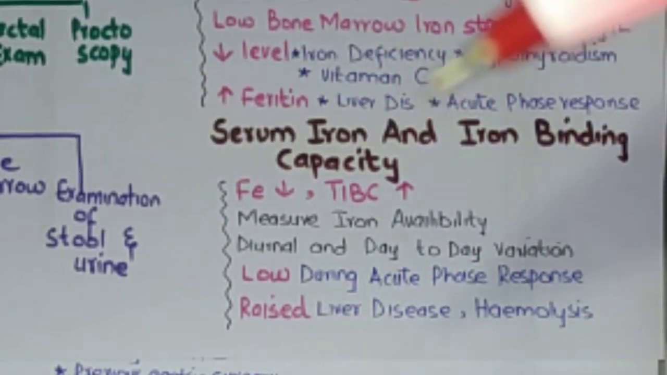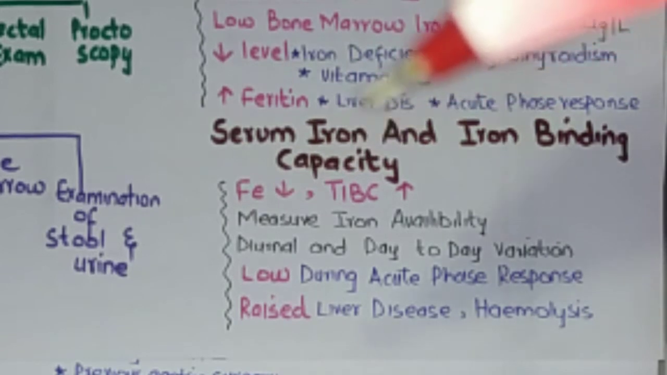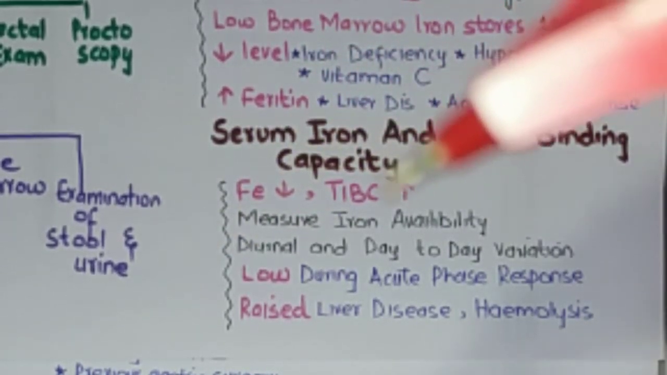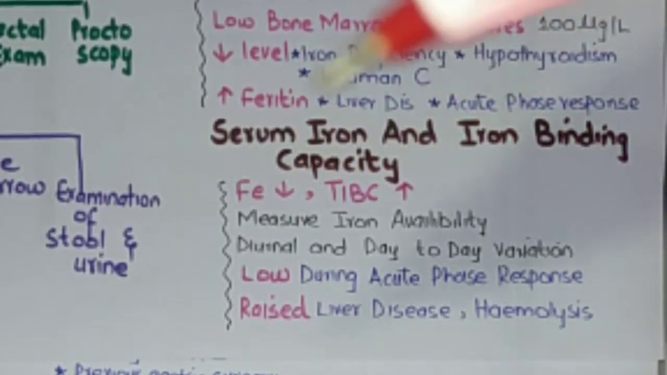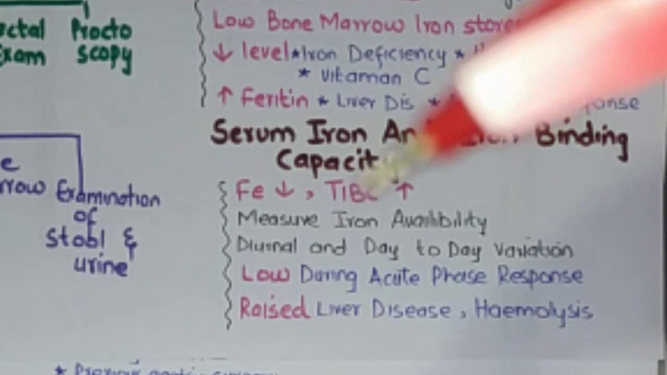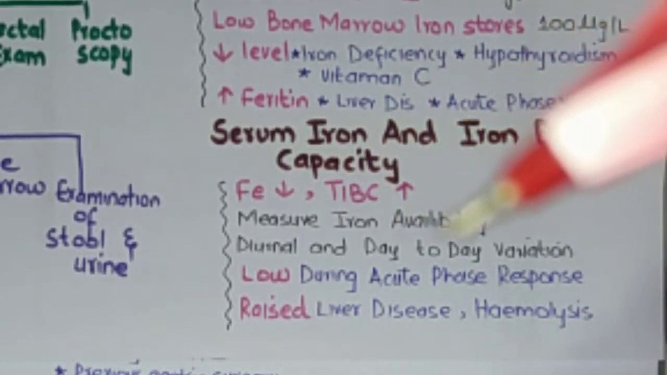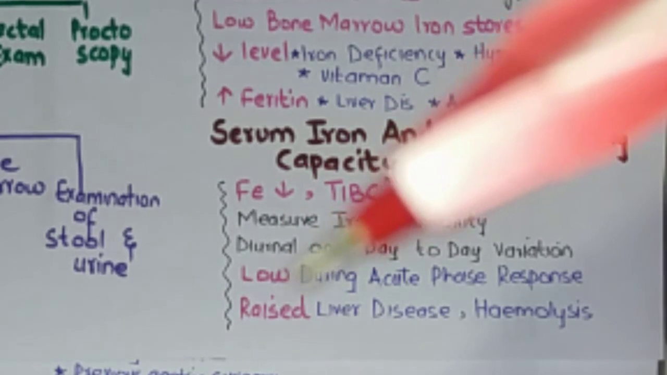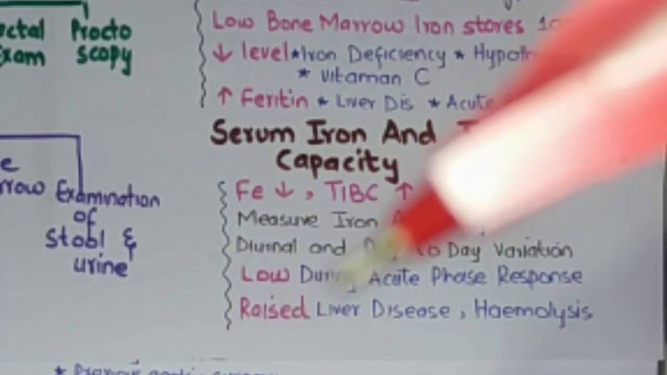The next test is serum iron and the iron binding capacity. Iron is decreased in iron deficiency anemia, but the total iron binding capacity is increased. What is the importance of this test? It measures the iron availability. But you should remember that there is diurnal, that is day-to-day, variation of the serum iron and the iron binding capacity. The value will be low during the acute phase response,